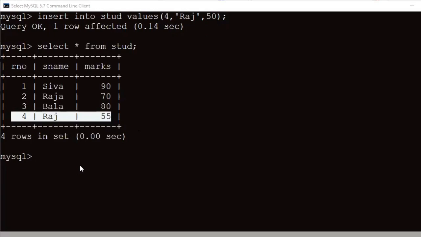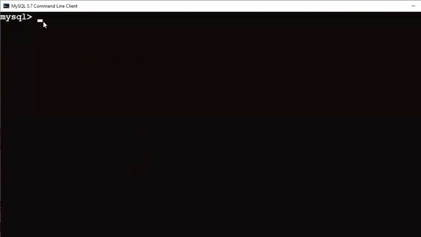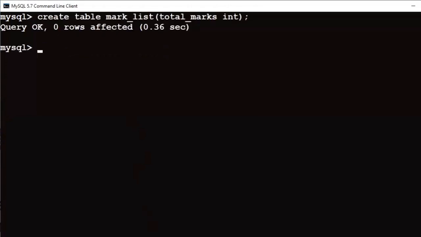Next we'll move on to the after trigger. Next, after insertion, for that create a table, mark underscore list, with one field, total marks. Then create a trigger tr2.